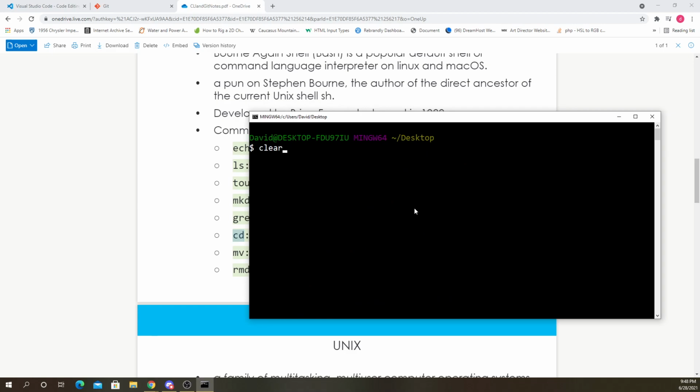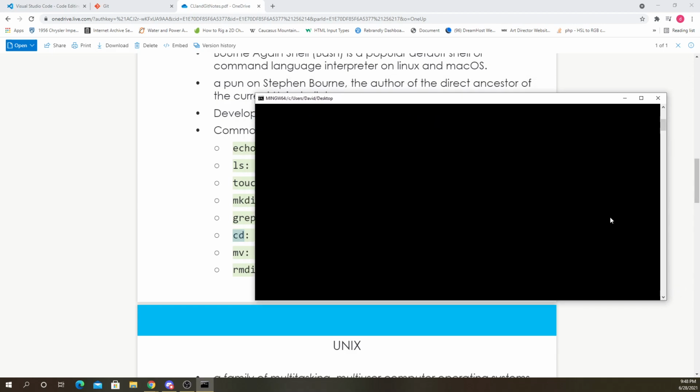By the way, clearing doesn't completely clear everything. Actually, it does here. But if you press up on the keyboard, it will show you your last commands. So if my last one was clear, I press up once, it shows clear. Press up again, it shows the other stuff I typed before.